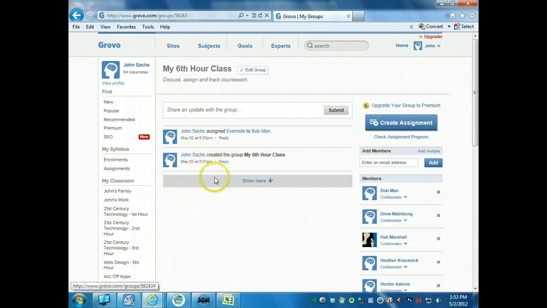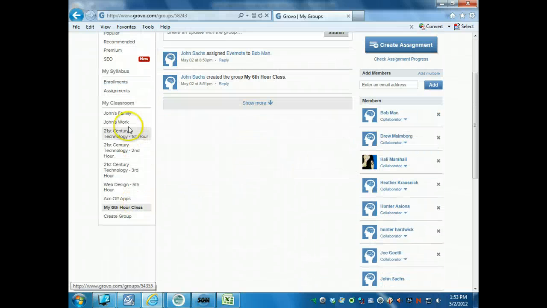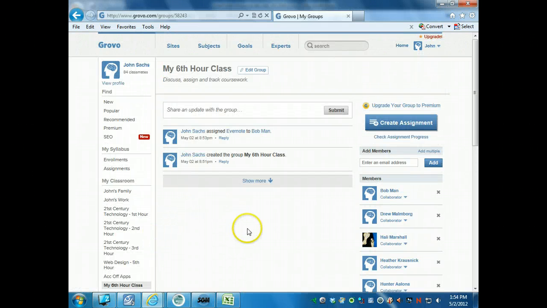Okay, so you can see here that I have Evernote is ready for Bob Mann to take that class. Okay, so what will happen is now when a student logs on using their username, and they'll create that when they respond to the link in their email inbox that you've sent them. That's the only way that they can get registered into your groups, is if they use that link. So as they log on, they'll click on assignments, and when they go there, it will list which assignments you've assigned to them, and they simply just click on Start Assignment, and it will take them through